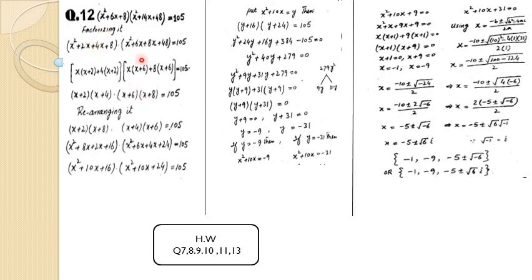So question number 12 is here. So now you can see that I'm just making factors. This is the quadratic form. So I'm making factors: x square plus 2x plus 4x plus 8, because plus 2x plus 4x is plus 6x, and plus 6x plus 8x is also plus 14x. Okay, so making the factors.